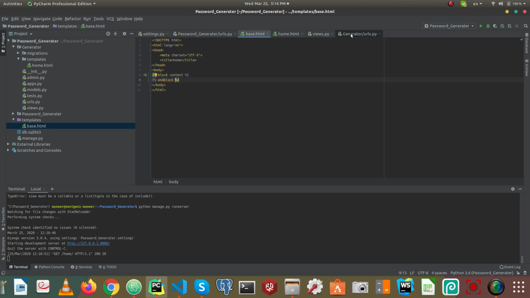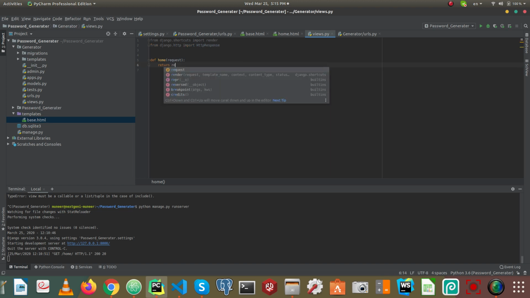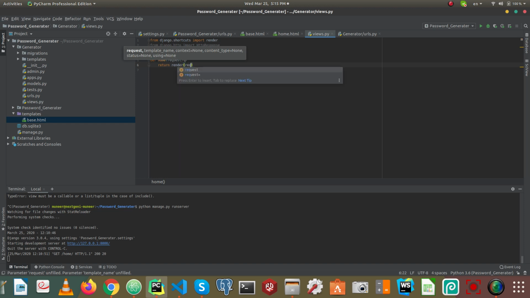And the last thing we need to change is in views. In view, in place of this HTTP response, we need to render the template. So render request, and here we will give our template reference. So our template is in